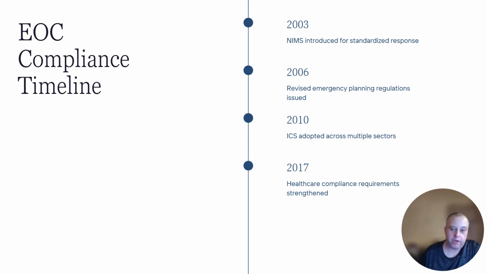If you look at timeline compliance, you have 2003, 2006, 2010, 2017, and even more recently, 2026. You have different components, and standardization is one of the big key components for effective centralization in operations within a crisis. If you have a standardized template for SOPs, you are able to put it together for all the different functions within local, regional, and federal levels to coordinate and work together instead of working against each other. And it's also about having business and industry involved.